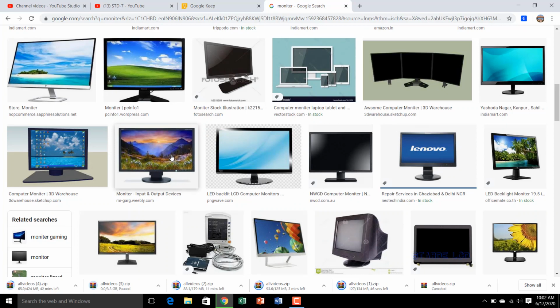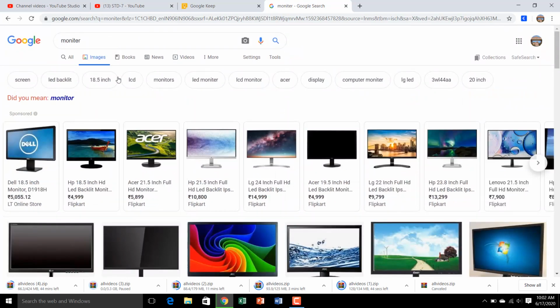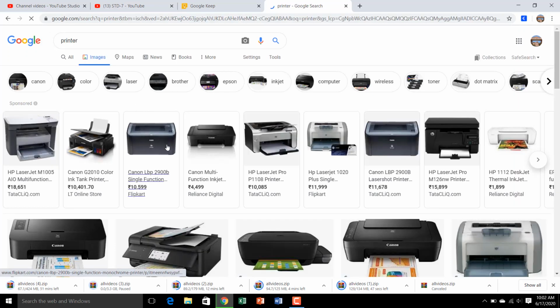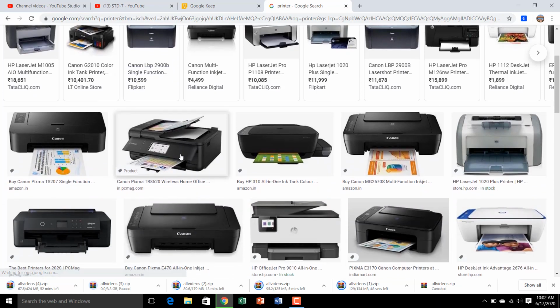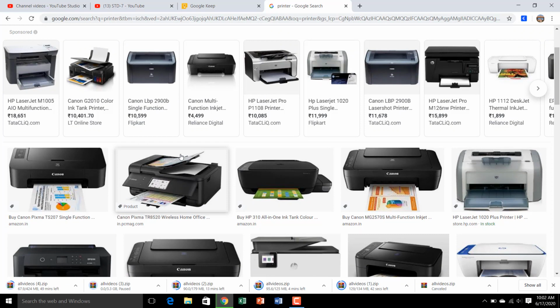Now the second one is the printer. See, this is our printer. You will get printers in different sizes and colors. The use of a printer is that we get the soft copy of computer data converted into a hard copy, which means on paper, by using a printer.